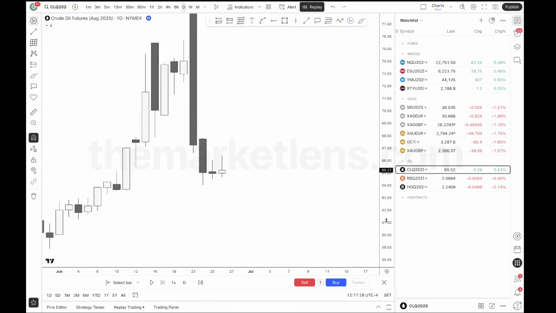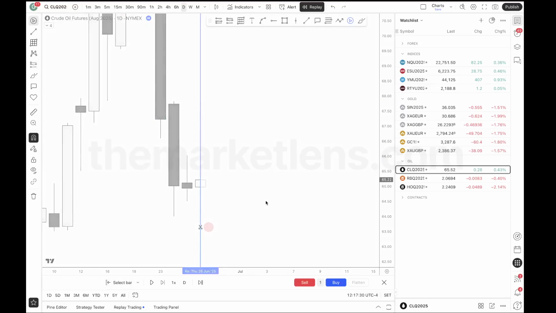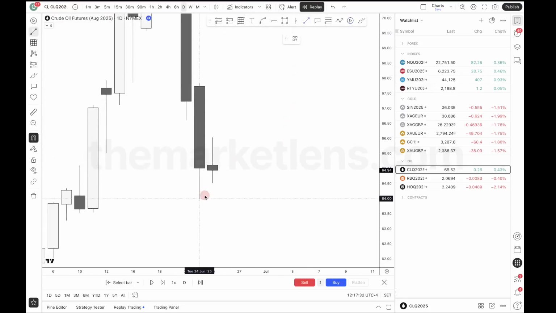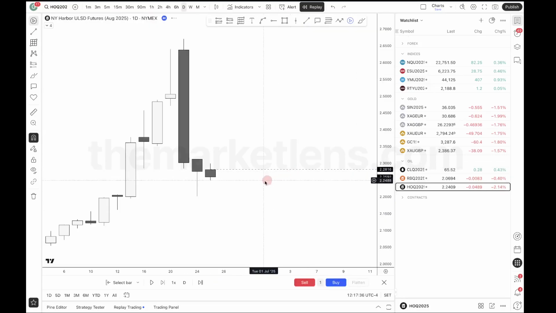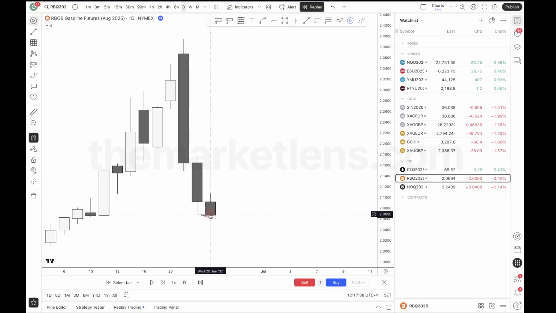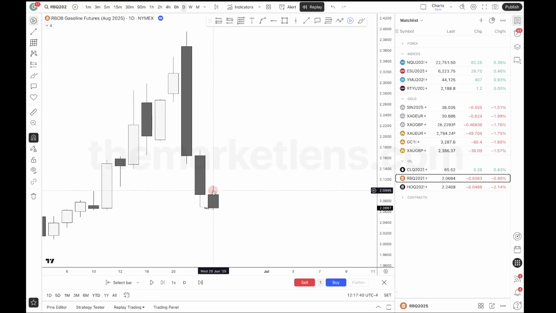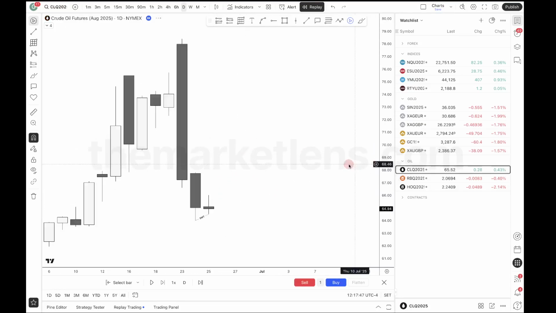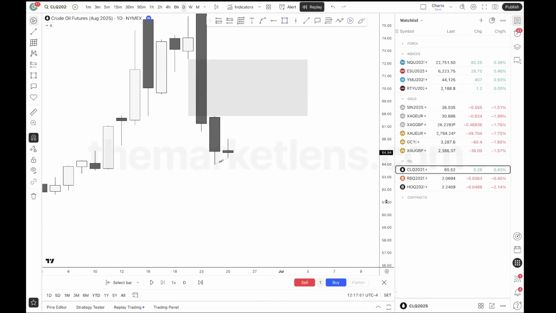So the previous day puts in this SMT. You're seeing RB is the one that swept this low. Sorry, RB over here. It's the one that swept this low. So if Wednesday reversed, then what should Thursday do, right? It should trade back into the range. Where can we trade to? The fair value gap right here.